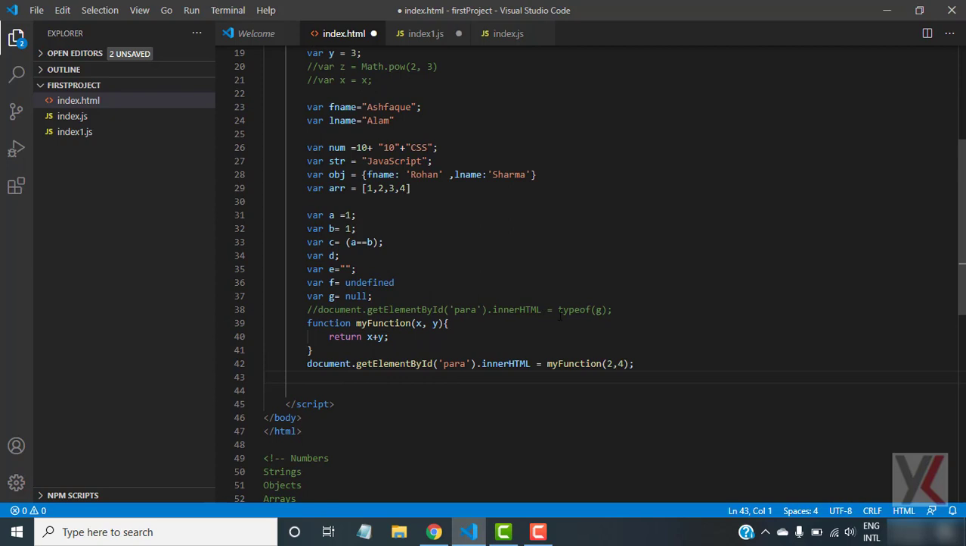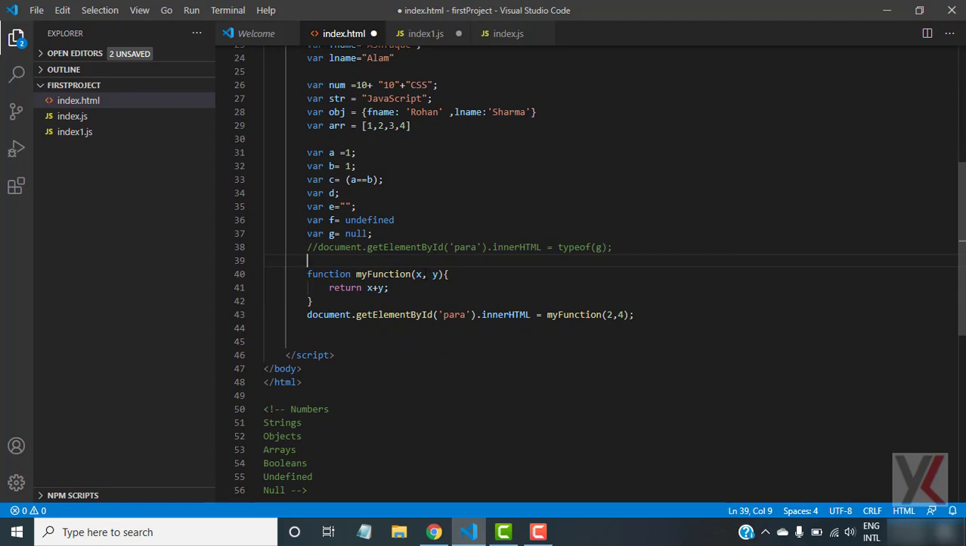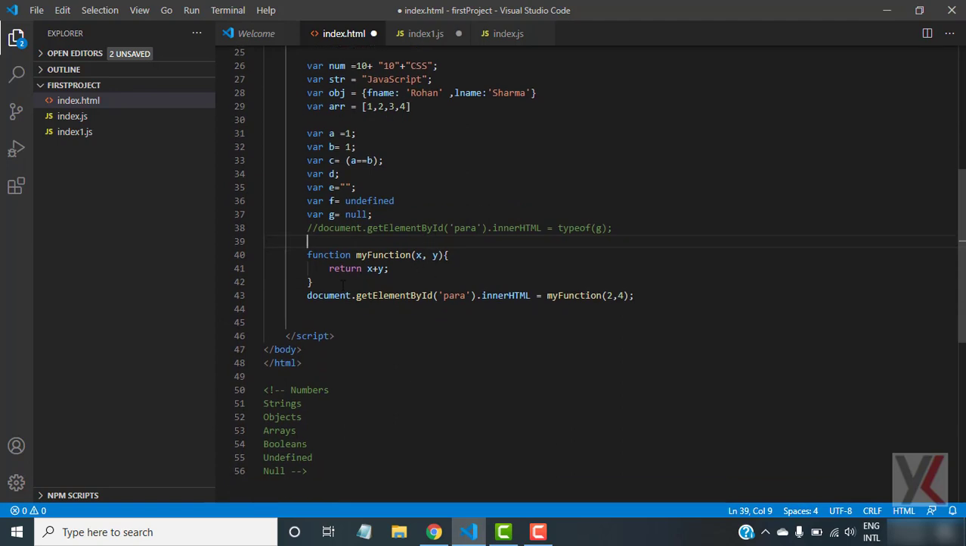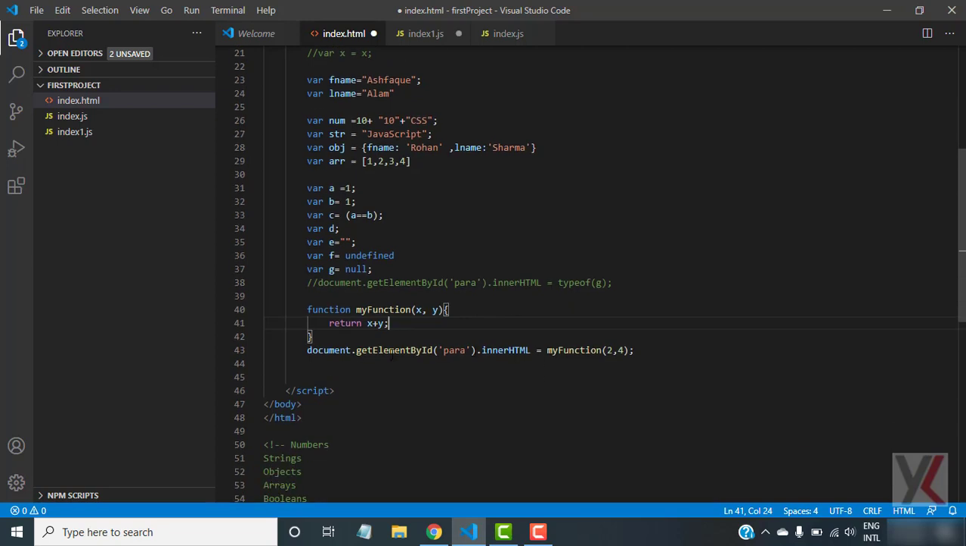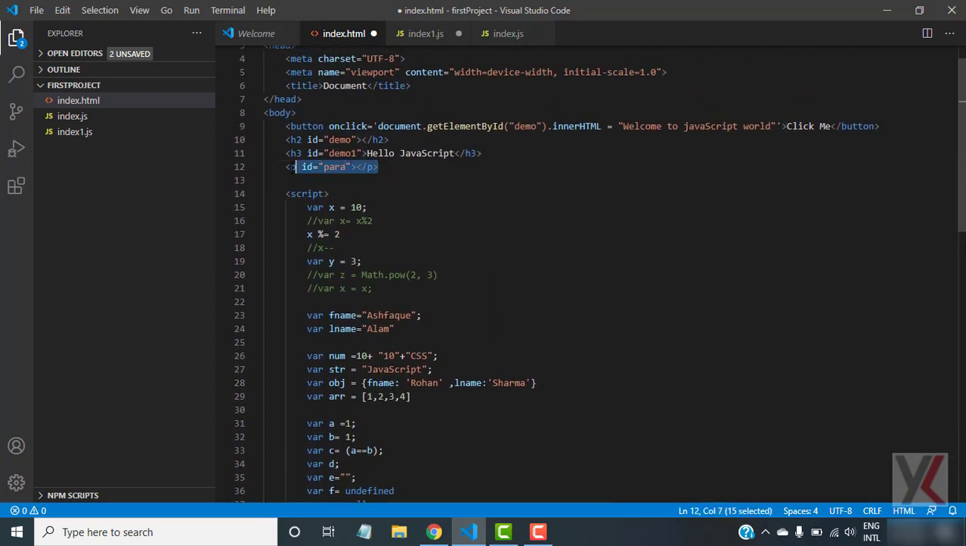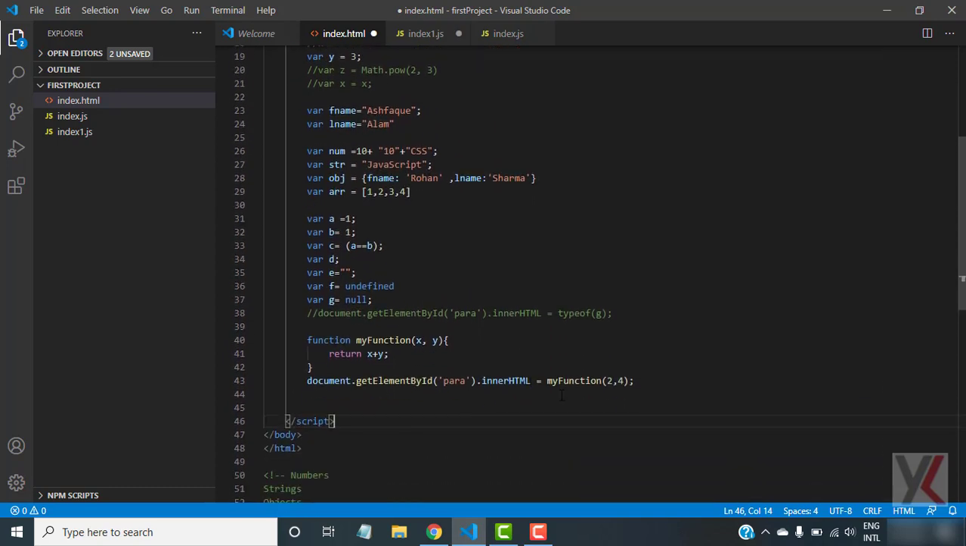So what we have done is create a function named myFunction, and we have passed two arguments here, x and y, and we have returned the result. We want to output the result, so we target the id para with document.getElementById, and we are placing it under the paragraph p tag. We take innerHTML and then we call that function. Now let's save it